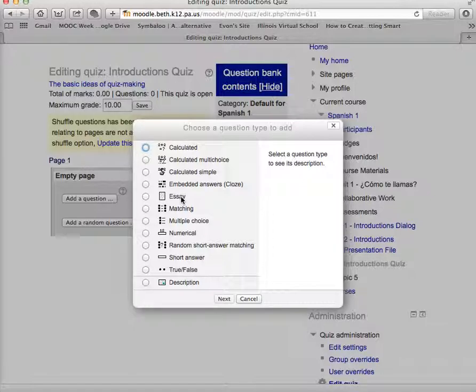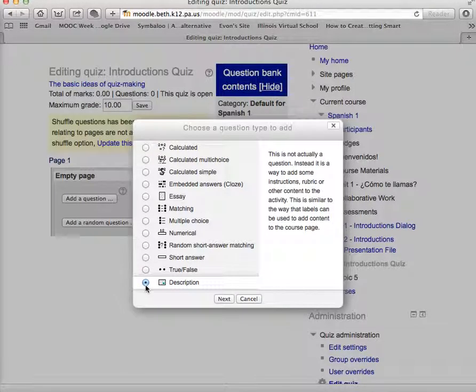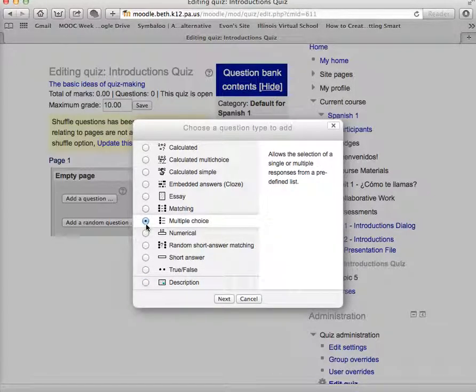The great thing about the online quiz in Moodle is that a lot of the question types can be automatically graded by the system, but that one is definitely open-ended. We have matching, multiple choice, numerical, short answer, true/false, and description, which is actually just not really a question type, but it's a way to add some instructions or rubric or other content. We're going to make a multiple choice question,